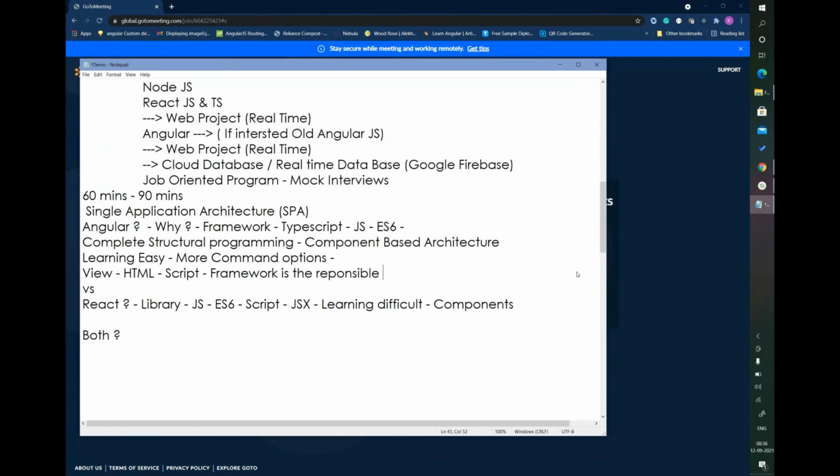In React, the script is the main thing for your execution. But if you compare the performance of both applications, React will give you better performance comparatively with your Angular. There is a very minute difference, but if you can see, whenever the HTML and everything